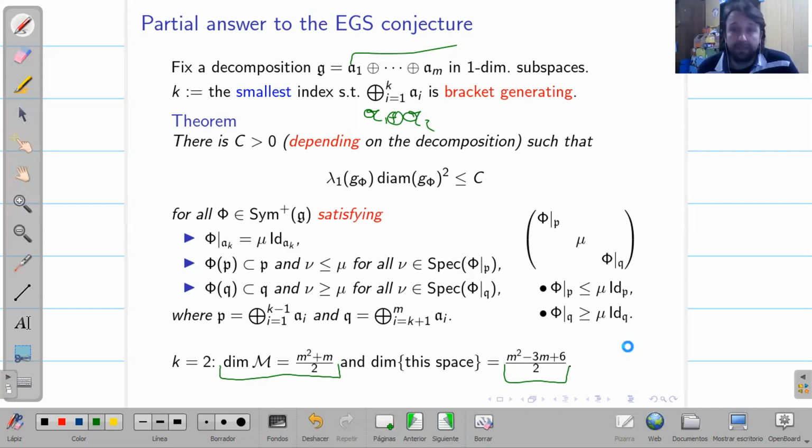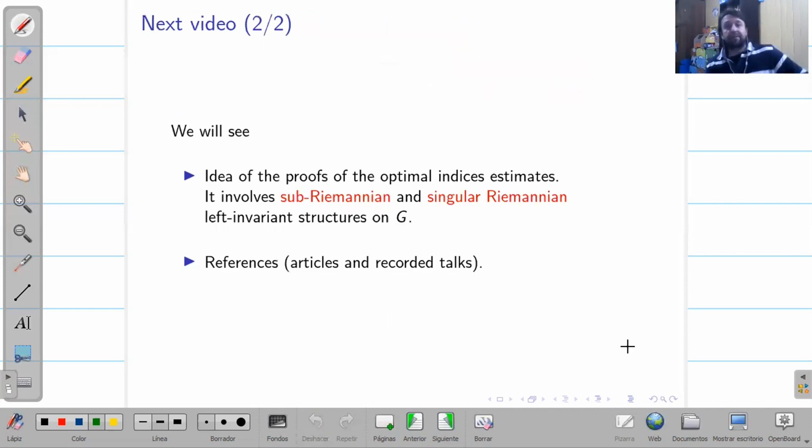Okay, here ends the first part of the lecture. In the second one, I invite you to watch it, and we will give the ideas of the proof of the optimal indices, right? Of course, it's going to be a bit technical. It's the idea of the proof, and maybe you prefer to go and watch any of the other fabulous videos. But